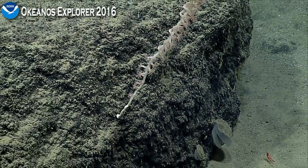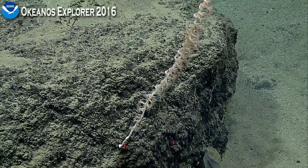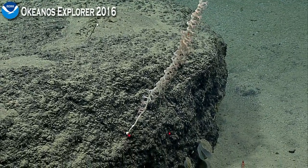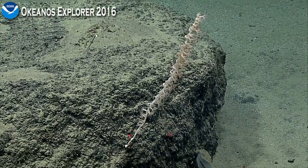Yeah, go for it. There you can see one of the dark nodes near the base there, just sort of this darkish patch through the tissue, confirming that this is indeed a bamboo coral. Thank you for that close-up. We'll get some really good images from that. We should also zoom on the